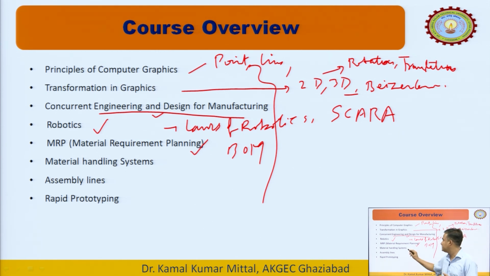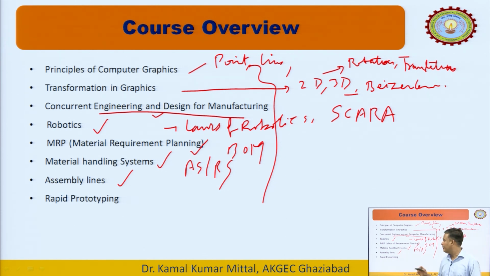Then material handling system. In this we will study about the automatic storage and retrieval system, automated guided vehicle system. Then in assembly lines we see that the components are flowing in the system through some line and they are taking different times. So we divide all those times or club those tasks so that we find the number of stations in such a manner that each station should take equal time. Means जो each station में जो time लग रहा है वो सबका बराबर होना चाहिए, जिससे किसी में ज़्यादा होगा कम होगा उससे इन्वेंट्री एक जगह पाइल अप हो जाएगी and some stations are waiting for the inventory to perform